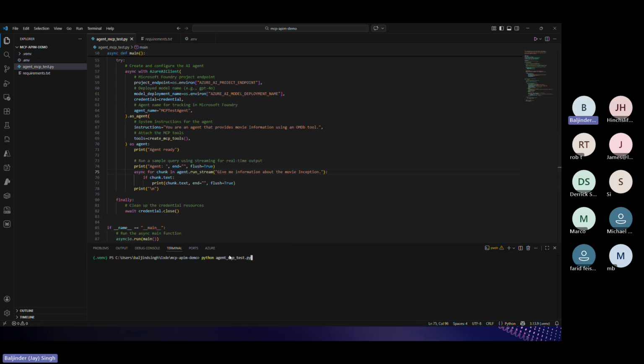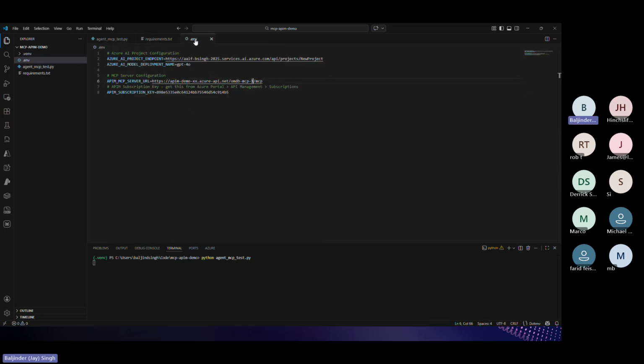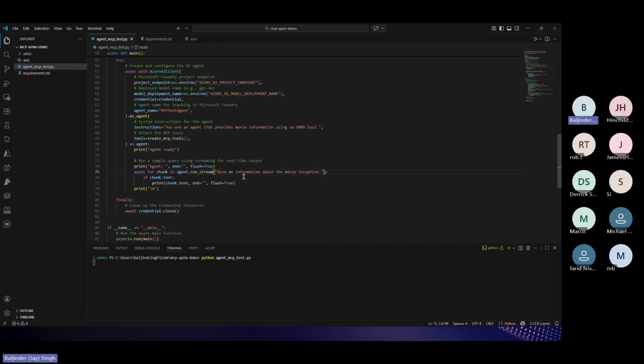Let's see. And I'm going to run this agent. And it requires very simple configuration. I have given it my project endpoint. I've told it which model to use. And this is where you see, in fact, I need to change. And this is the URL for our MCP server. So those are the basic configurations that we need to provide to our agent, and it will take those and